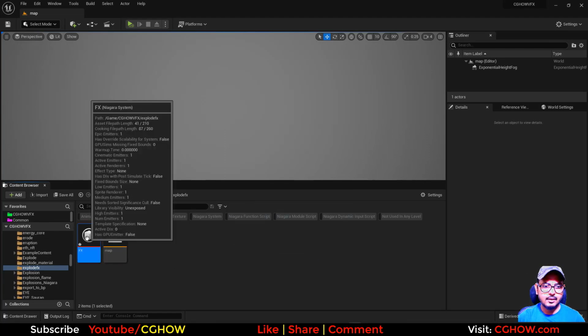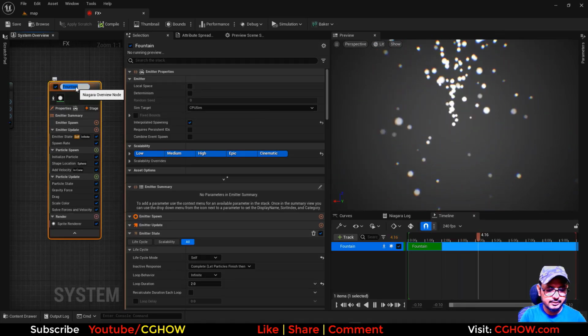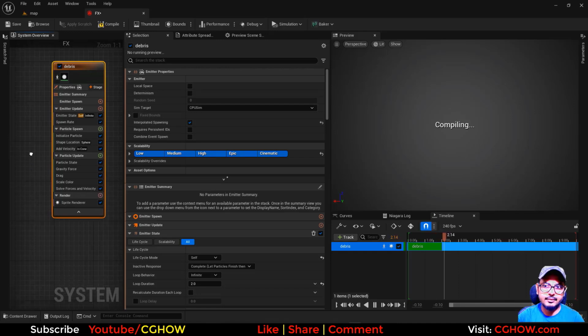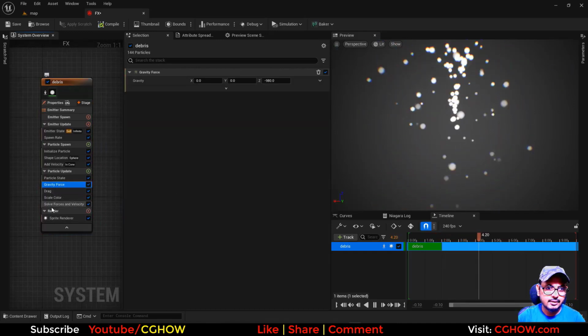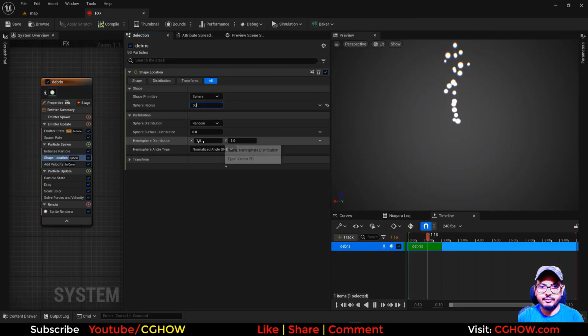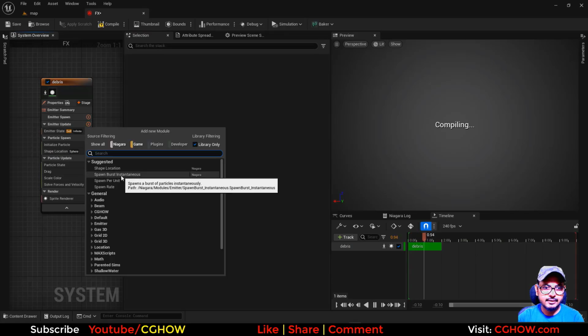FX. And first in this emitter, I will need debris. And what I need is debris on a spherical emitter, maybe 50, and I don't need any velocity. And I just need some particle